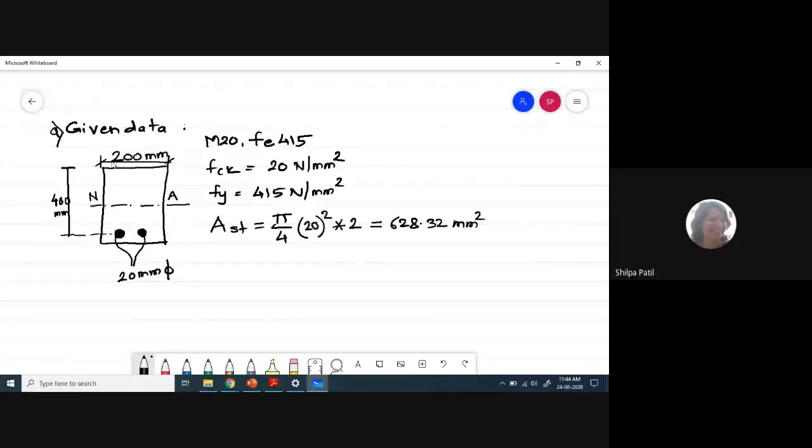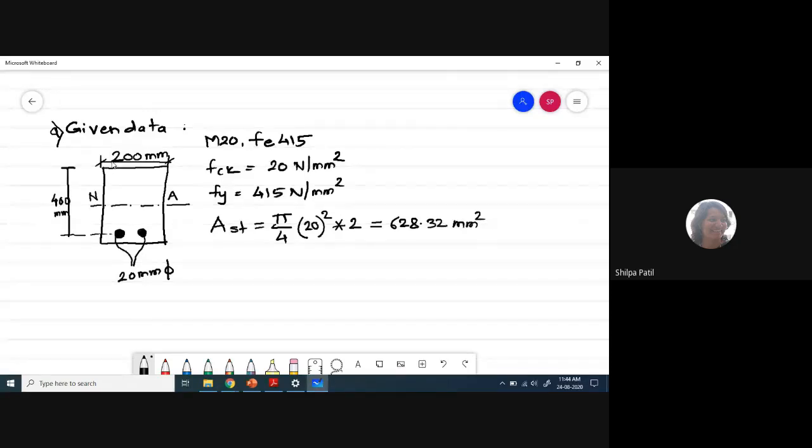There are two bars now. So pi d square by 4 gives me the cross-sectional area of a single bar. So we have two bars. Yes, ma'am. All right. Okay, now to find out the type of the given beam, we have to first find